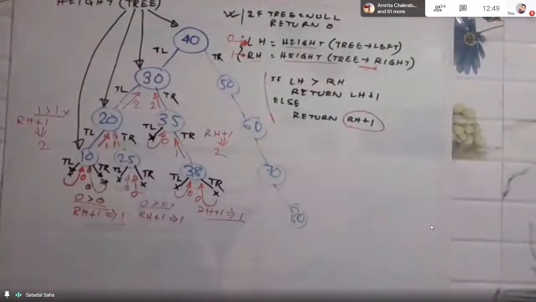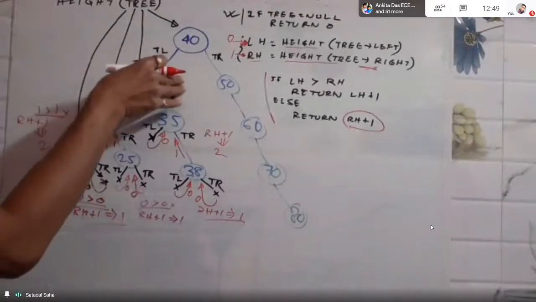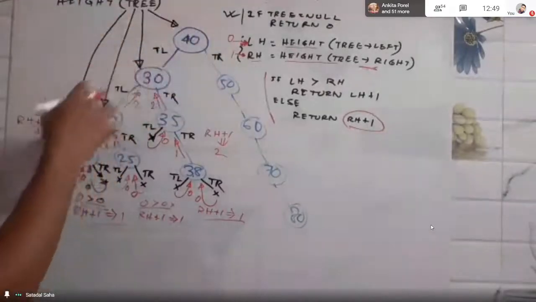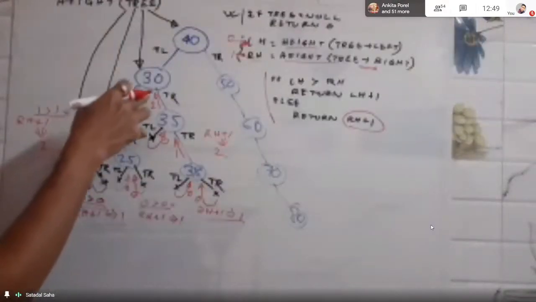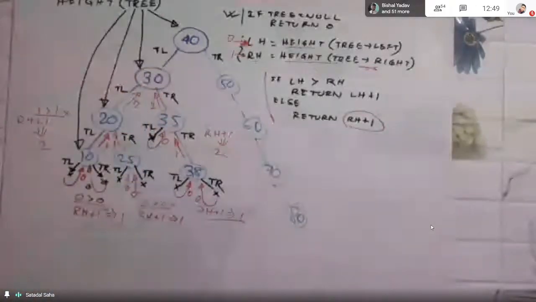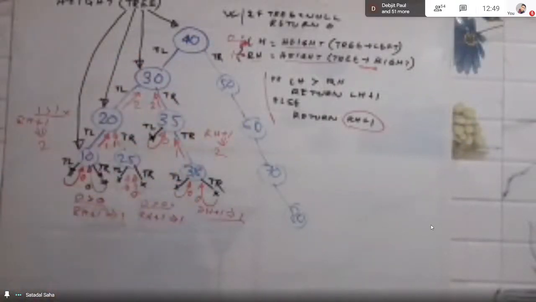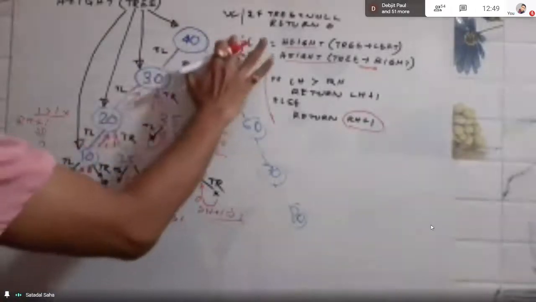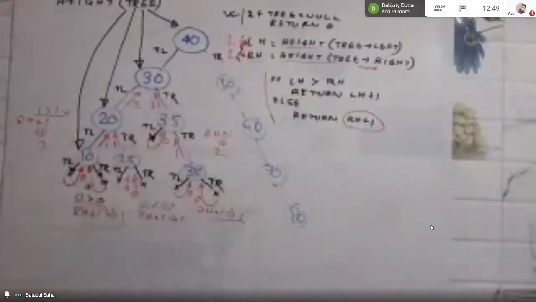Okay. So now sitting at 30, it was earlier called this left child which was already completed and returned value 2. And right at this point, 35 is also returning the value 2. So sitting at 30, its left side computation and right side computation, both computations are over. And it is getting two values. The left side value is 2 and the right side value is also 2. So left hand and right hand both are equal.